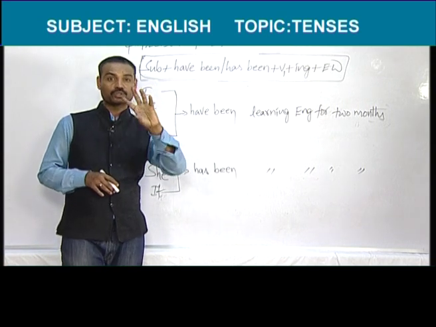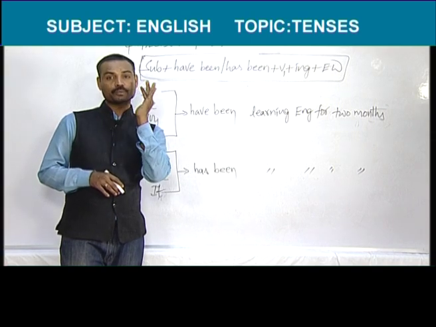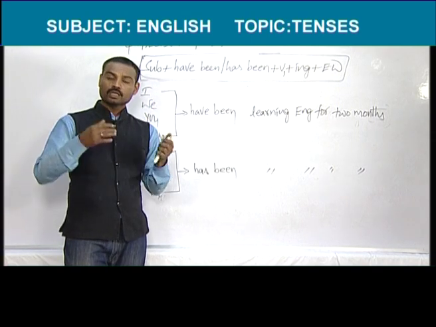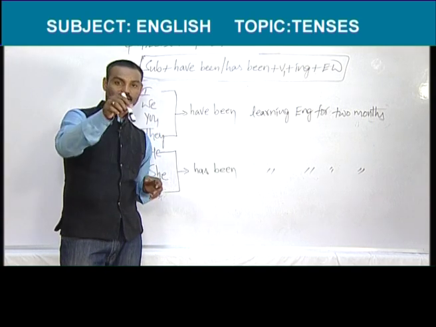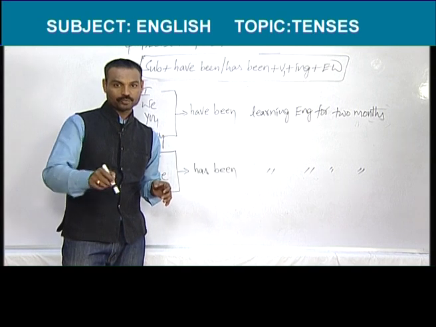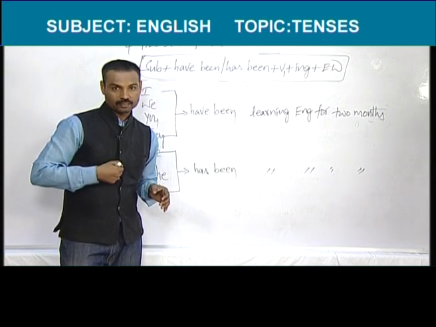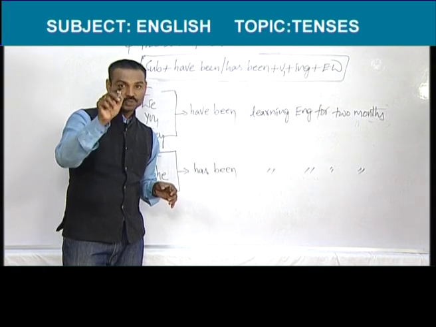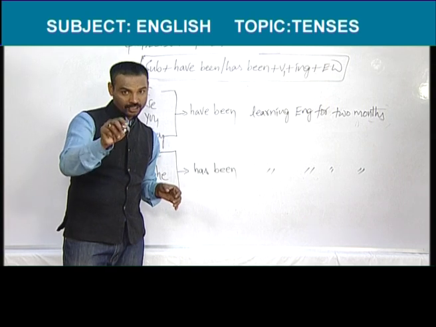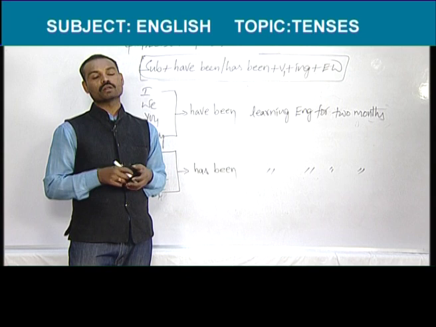Since should be used to mention the point of time, whereas for should be used to mention the period of time. Now, I am going to give you one more example. So, you all are listening to my class. Okay. 30 minutes ago, you started attending my class. Now, you are still attending my class. Okay. You have been attending my class for 30 minutes. Let me give you one more example.